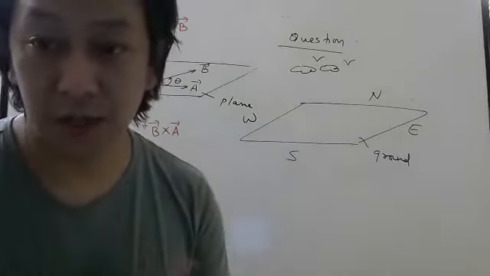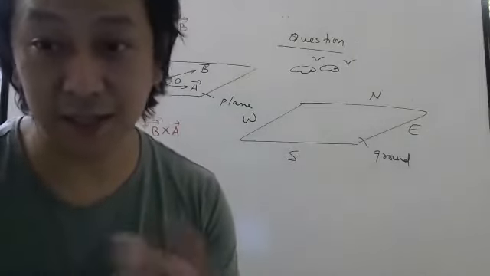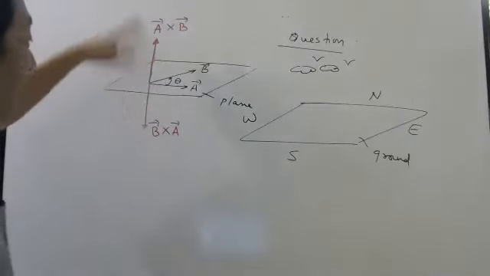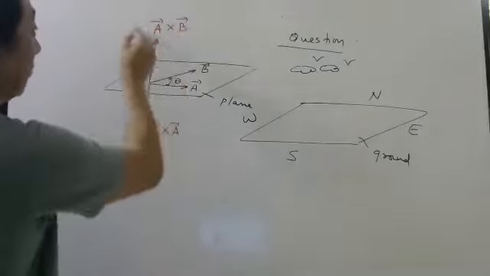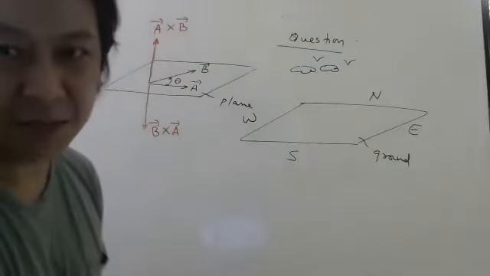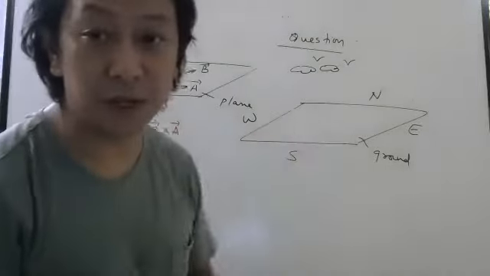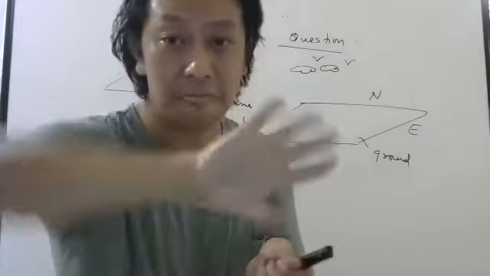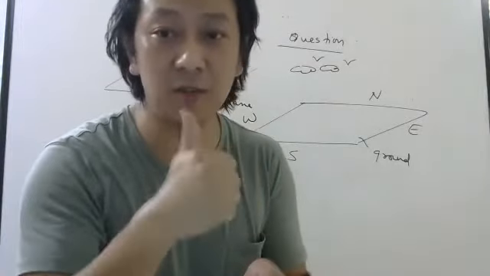Magnitude will be the same. Direction will not be the same. Direction will be opposite. So this is the negative vector of this. That I will talk about a little bit later. First, I want you people to get practice with this. Once you get practice with this, it is very important.